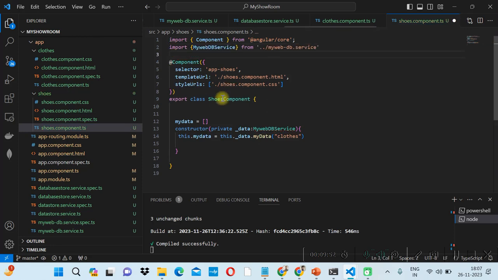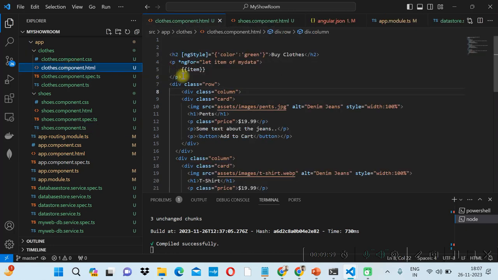So we have imported this service as well, and we will use the same HTML as well. So if I use this for loop, let me remove this, and I will use this for loop